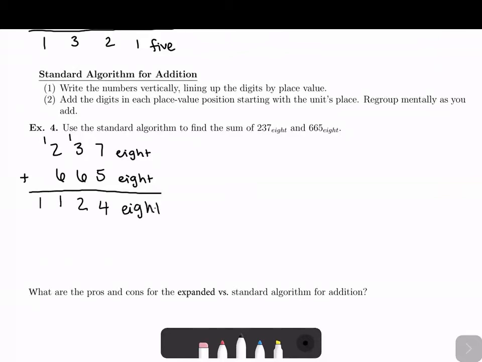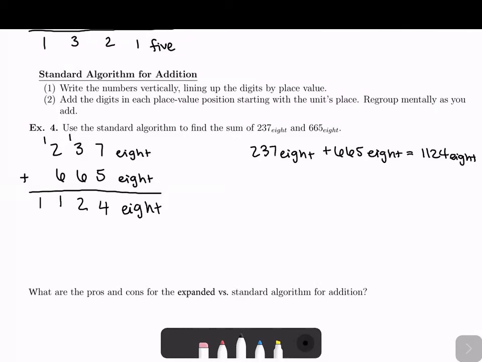So this is the traditional way that we do addition, at least the way I learned to do addition when I was in school. So we have, my apologies again, 237 base 8 plus 665 base 8 is 1124 base 8. Okay,